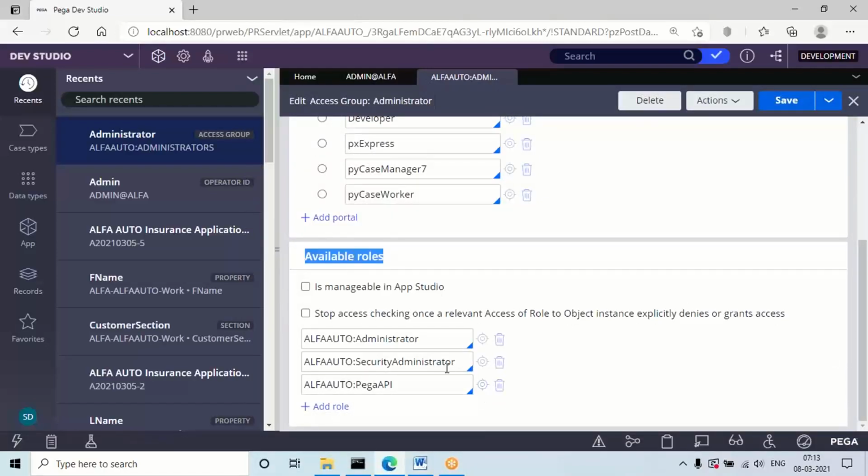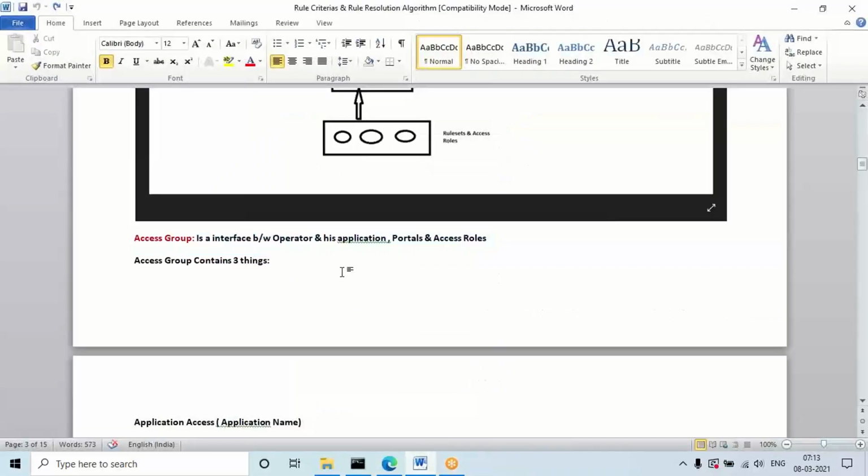I'll discuss all these in the coming classes. These are all access roles, and internally some privileges will be there. I'll be discussing that in the security topic, where I'll cover it in detail with a scenario so you will understand these access roles better. But don't worry, in real time these are mostly asked for interview purposes, so only for that purpose you must know.